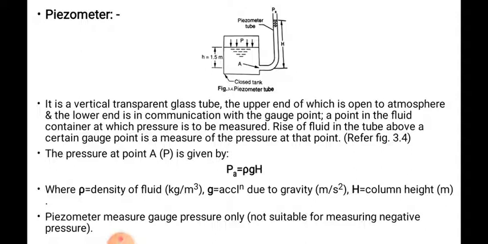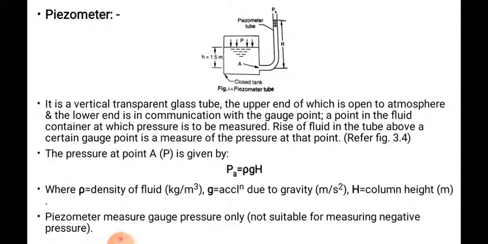The rise of fluid in the tube above a certain gauge point is a measure of the pressure at that point, and the pressure at point A is given by P_A equals rho g h. Here rho is the density of the fluid, measured in kg per meter cube, and small g is the acceleration due to gravity, in meter per second square, with a value approximately 9.81. Capital H is the height of the